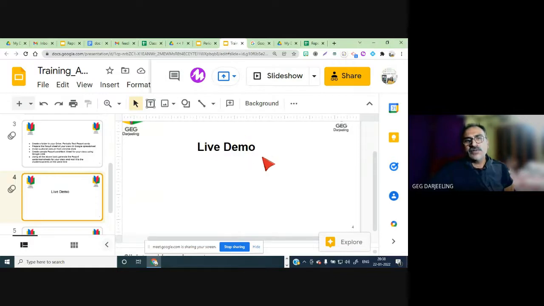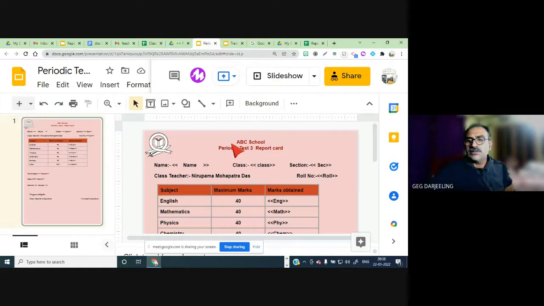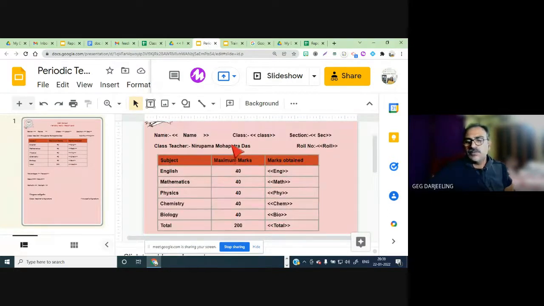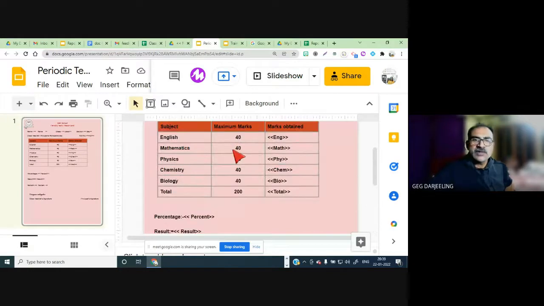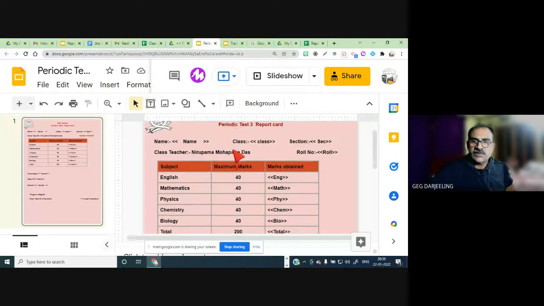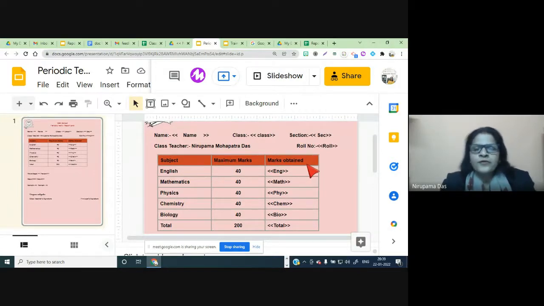If we input the marks obtained by the students in the Google Sheets and create a template like this, easily we can print individual mark sheets for any test, right? Yes, it is a PDF file, so it can be downloaded and printed also.